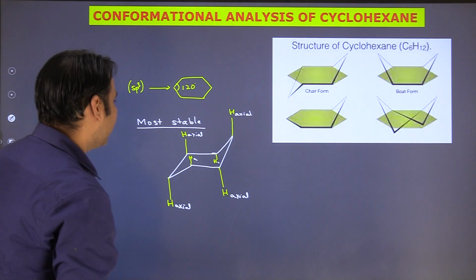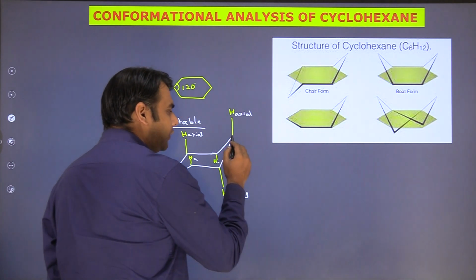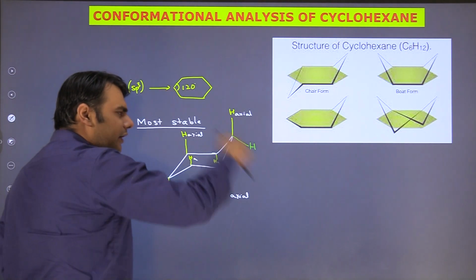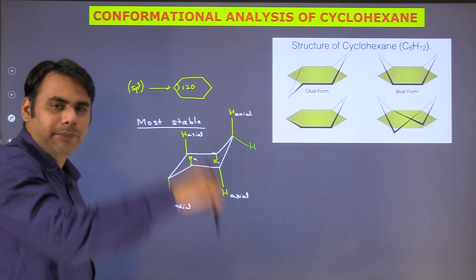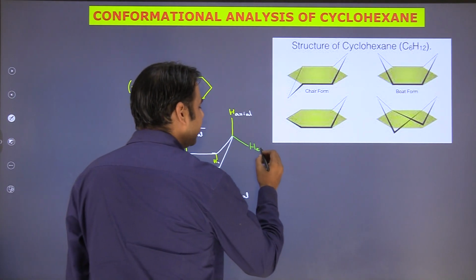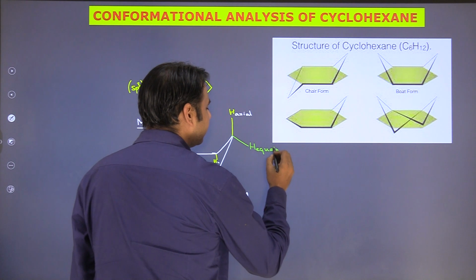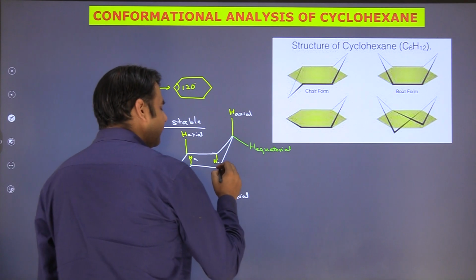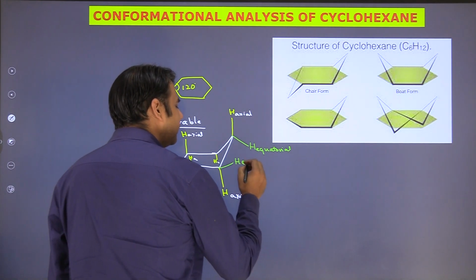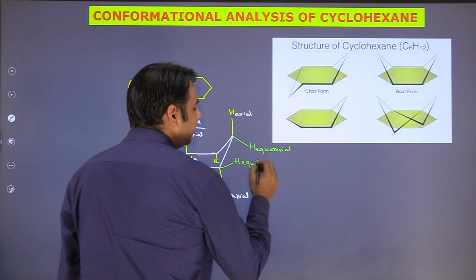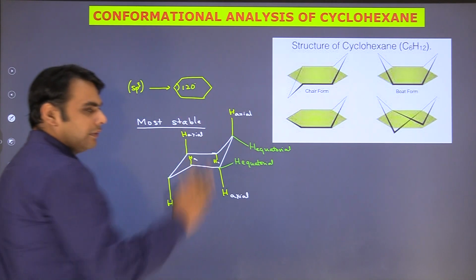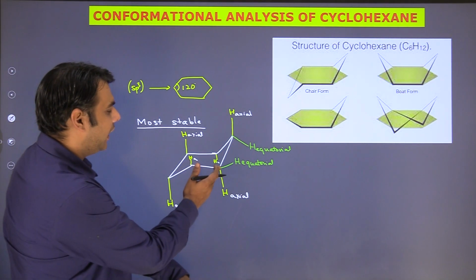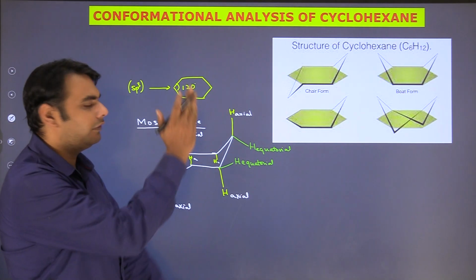Now if you look at the second type of hydrogen, obviously this carbon will also have one hydrogen. So this is basically going to maintain an angle of 109 degrees 28 minutes. It will go down in some plane. So basically this is called your equatorial bond. Now if you consider the adjacent carbon, this will also go in a different plane but above the molecular plane. So obviously this equatorial hydrogen is going down, so the adjacent carbon's hydrogen will go up.